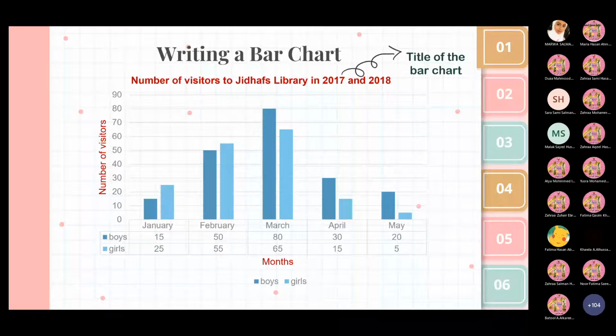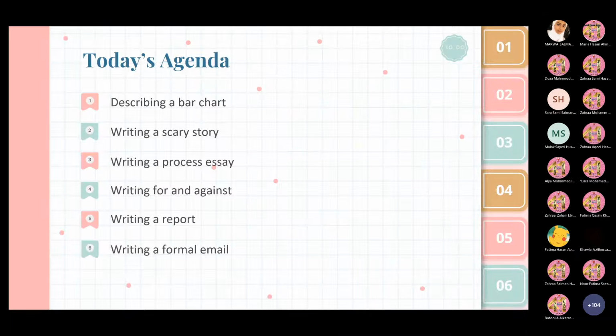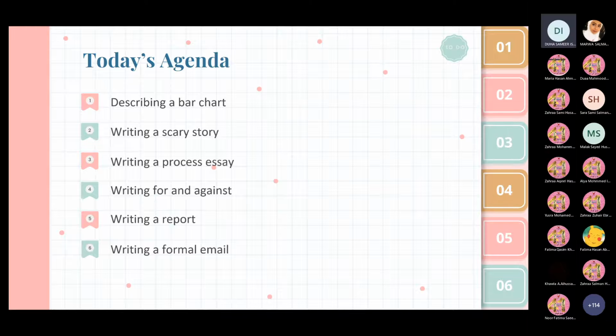So before we start, I just want to welcome the dazzling Fatum Musa, who's going to explain the bar chart for you. Fatum, are you here with us? Yes. I need you guys to welcome Fatum Musa because she will go through the bar chart with you. So clap for her. Show me some claps. I need a round of applause. Yay! Thank you, girls. Yalla Fatum, the mic is yours now.